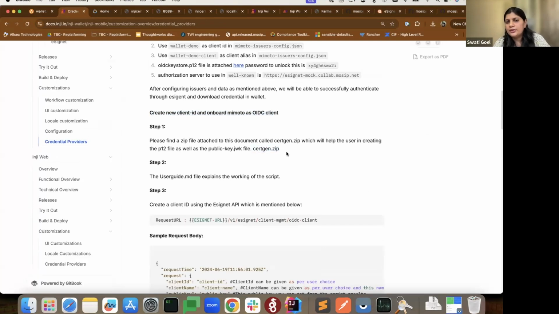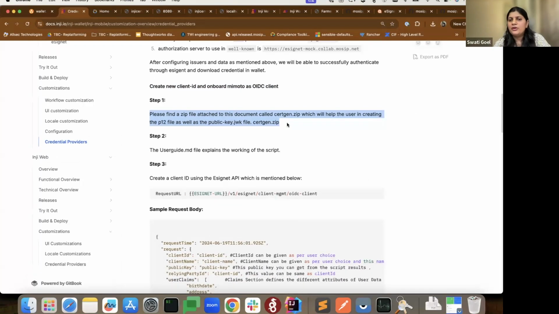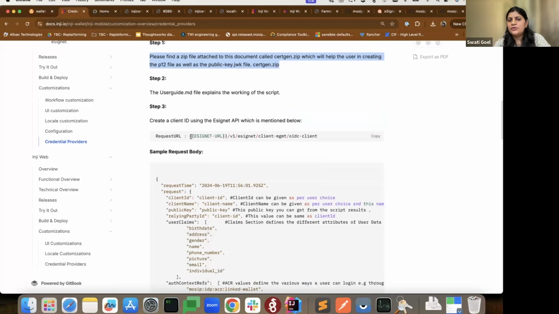we can share it later as well. So this zip file is like a single bundle, which helps you to create a client ID as well as a P12 file out of it. Once you run that, you will get all the public key, client alias, and the key pair generation done. Once you have that generation done, you can use